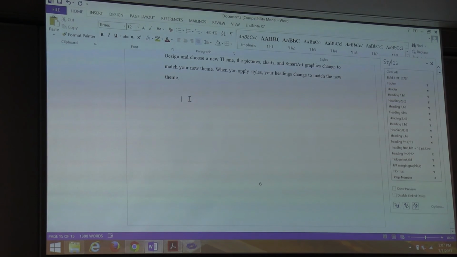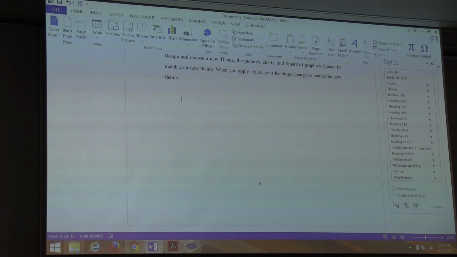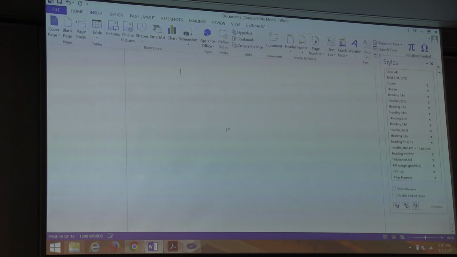So if you were working chapter by chapter, you could paste your second chapter in at this point. We want each chapter or each main section like that to start at the top of a new page. So what I recommend is insert a page break to force it to be on a new page. If you just return down, that works, but if you then go back and delete or add something above it, it'll move up and down too. So if you insert a page break, it'll always be at the top of the page.